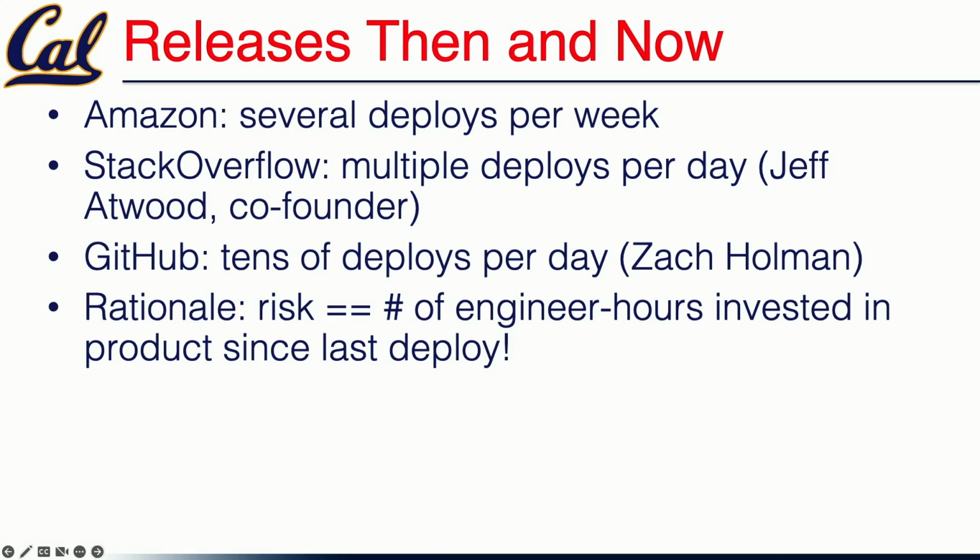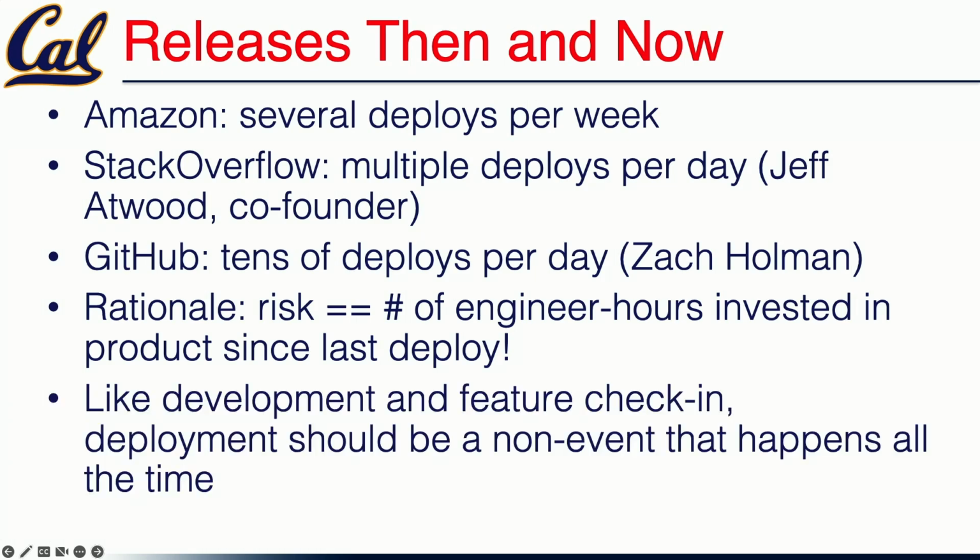So what does this tell us in terms of an agile approach to deployment? Basically, it means that just like development, deployment should be a non-event. It should not be a special thing that has banners waving and licensing music from famous rock and roll bands. It should be something that is so mundane, so automated that it's basically a non-event. It's just something that happens all the time. It's part of the regular workflow, just like checking in code.